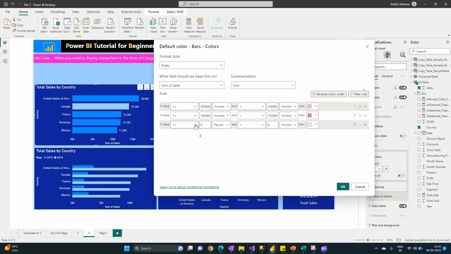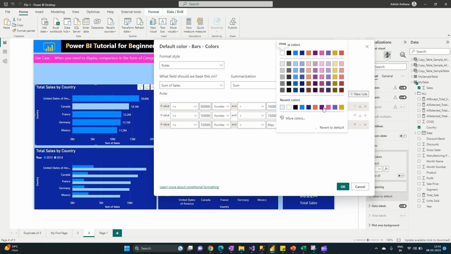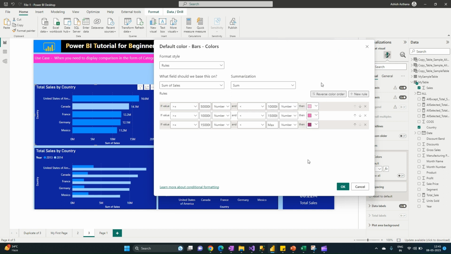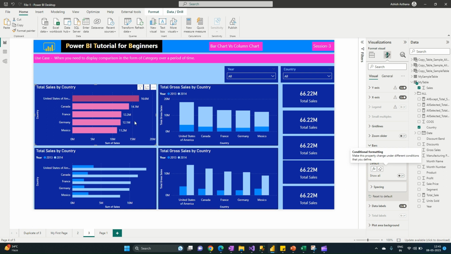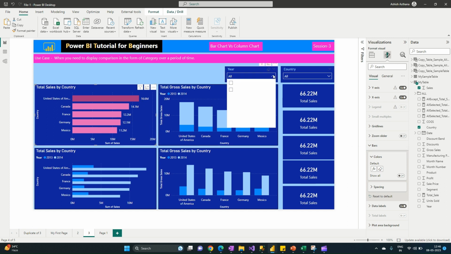और एक लास्ट रूल है कि अगर मेरी सेल 15 मिलियन से ज़्यादा हो जाए, और ये हो जाए मेरी मैक्स। ठीक है, तो ये हो जाए मेरी डार्क। ये रूल मैंने डिफाइन कर दिए हैं, 5 मिलियन से 10 मिलियन, 10 मिलियन से 15 मिलियन और 15 मिलियन से ज़्यादा। मैं ओके करता हूँ, तो आप देखोगे कि इनके कलर चेंज हो गए। अभी यहाँ पे 5 मिलियन का कुछ भी नहीं है, इसलिए कलर नहीं हो रहा।